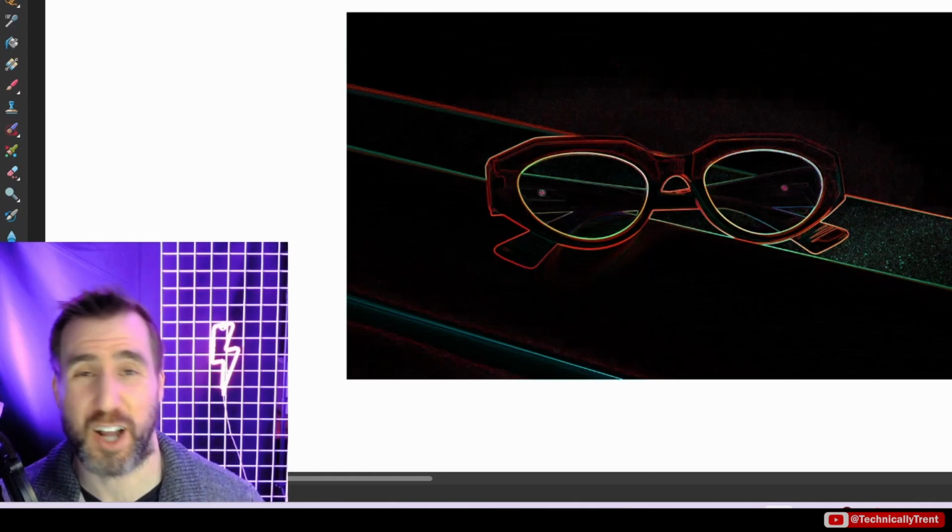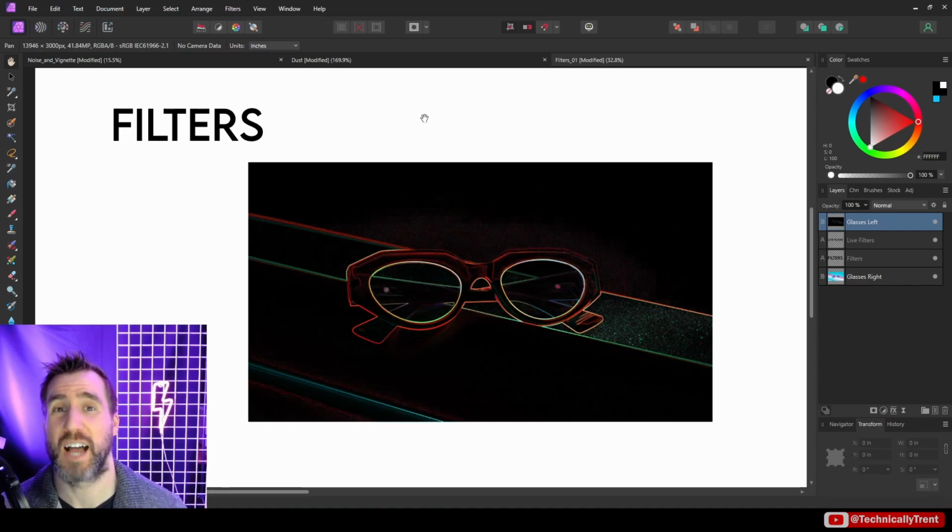Another reason is that if your document has dozens and dozens of live filters, it might slow your computer down a little bit as you're editing. In that case, you may just want to apply one of the old filters because it doesn't constantly have to run these calculations to update your screen. But that's pretty rare. Probably if your computer is fairly decent, you won't have problems with a couple live filters